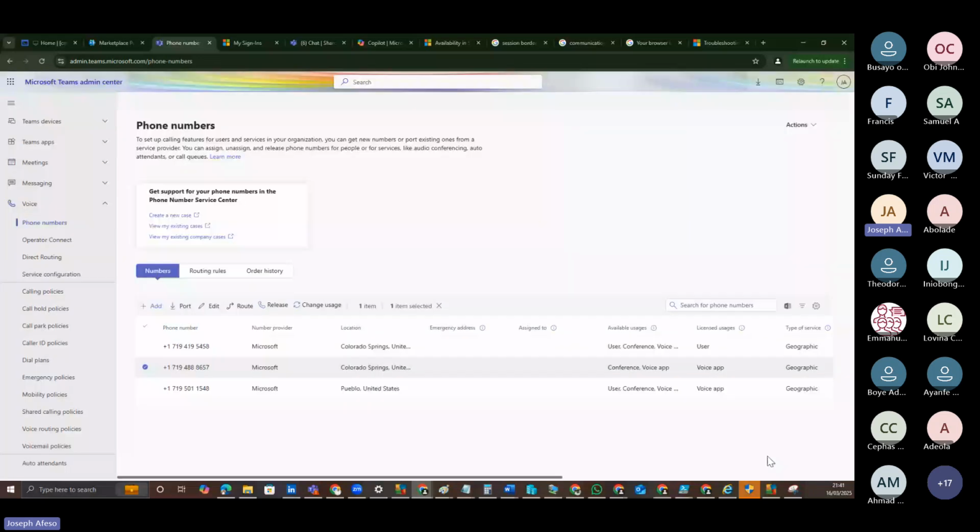So I don't have the option to even convert it to a user number. But before I can assign this phone number to a user, it must have the required phone system license and calling plan. So now, how do I assign a phone number to a user? I have one phone number here. How would I have been able to assign that phone number to a user from the GUI? I would have come to